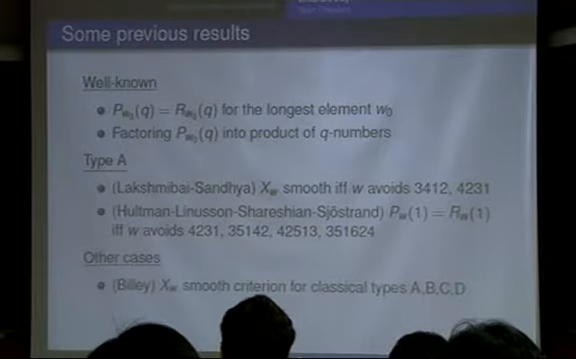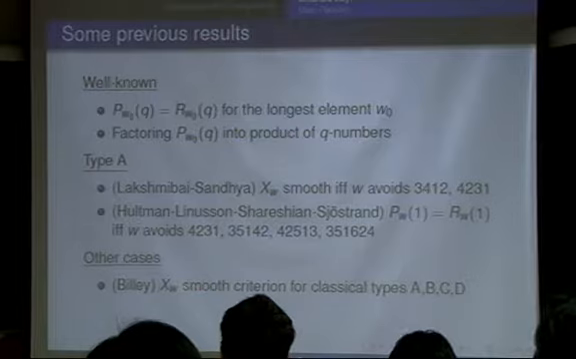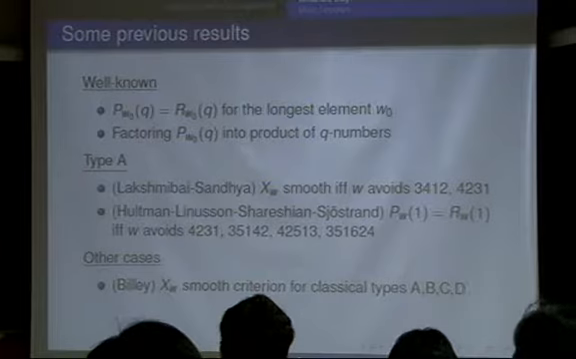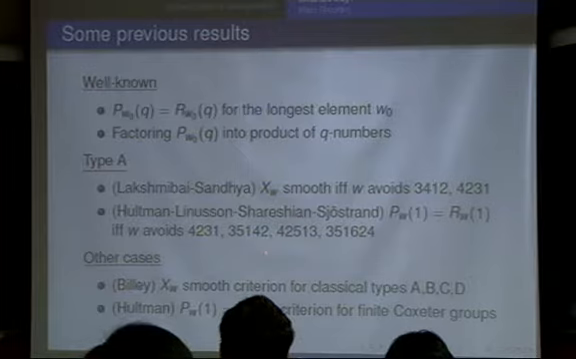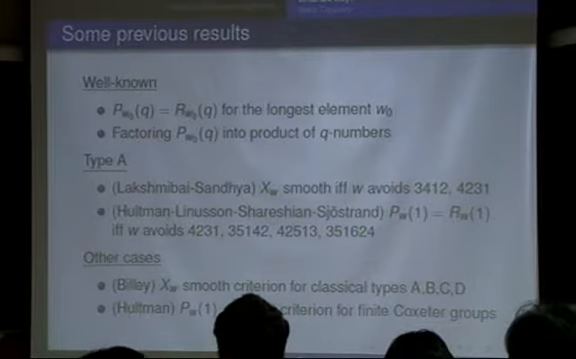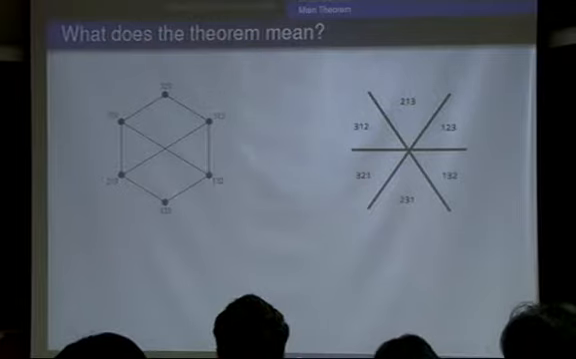Okay, some other cases. Sarabili gave a similar criterion for this. This is not smooth, but rationally smooth. So a rationally smooth criterion for classical types A, B, C, D. And Holtmann gave a similar criterion for all finite Coxeter groups, not only Weyl groups. Okay. And our theorem says